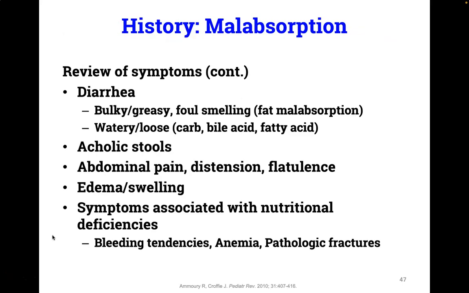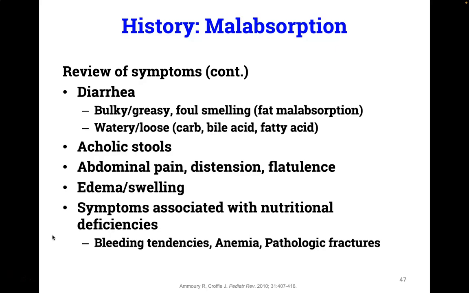So keeping that in mind, the best way to assess for malabsorption on history is to continue on your history, as you normally would with review of systems, with targeted questioning. The obvious initial question is about the presence of diarrhea, and more specifically if there's evidence of steatorrhea, which would maybe be described as bulky or greasy or oily stools, stools that may stick to the toilet bowl or float,